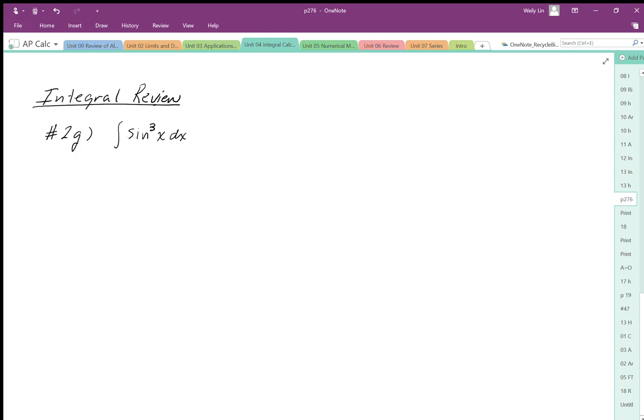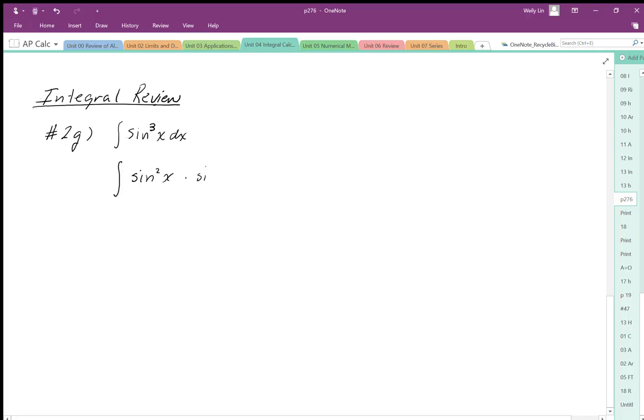This question is from the integral review, question number 2G, and it's the integral of sine cubed x dx. We need to use an identity here because if we need to use some sort of substitution, and since we have sine, we want to probably generate a cosine because the derivative of sine is cosine and the derivative of cosine is sine. So in this case here, we can rewrite this integral as sine squared x